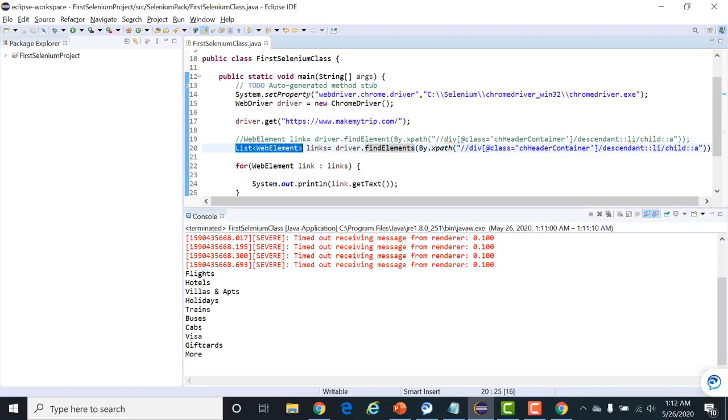Fine. So guys, that's it for today. We have covered the dynamic XPath, and we have seen how to locate the dynamic elements on any web page, and how to write a particular code for this by using the find elements method. Fine. So just do the practice. If you think it is a little complex, yes, it is, but you have to do a lot of practice for this. I'll suggest you do your practice first with basic XPath, and once you become expert on that, go for the dynamic XPath.